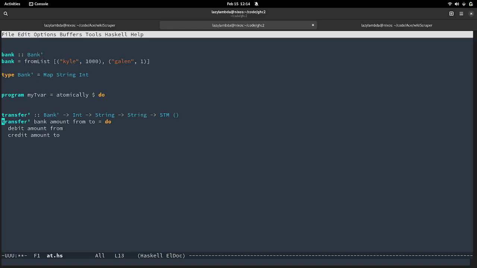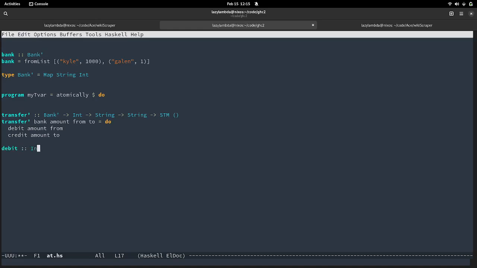We have a transfer which breaks down into a debit and a credit of the same amount. One is going to debit the account it's from, and the other is going to credit the account it's to. Debit meaning take, credit meaning give, which is backwards in my mind, but is how it is named.